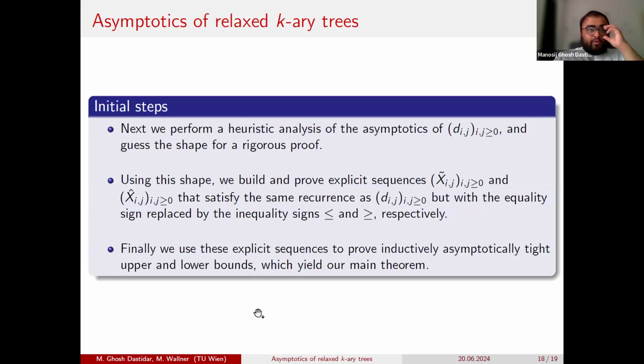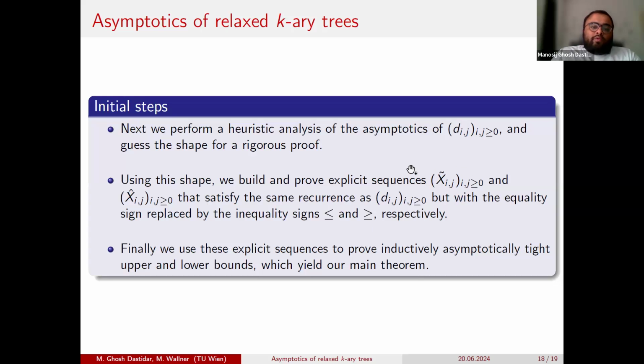Right. So how do we get to the asymptotics of the relaxed k-ary trees from this point? First, we perform a heuristic analysis of the asymptotics of Dij, and we get a good guess for the shape.